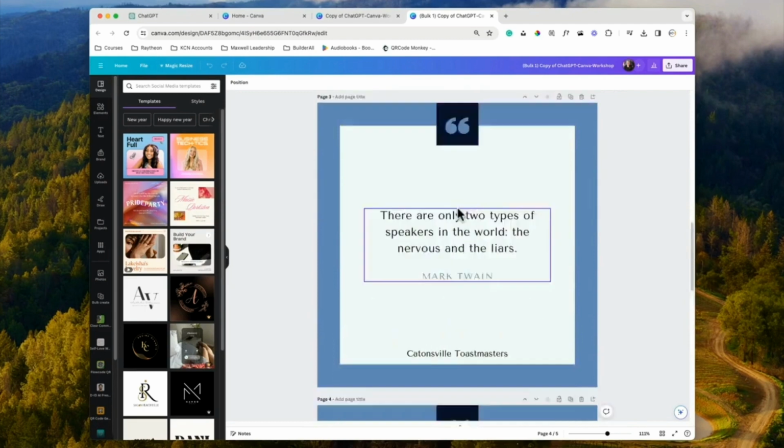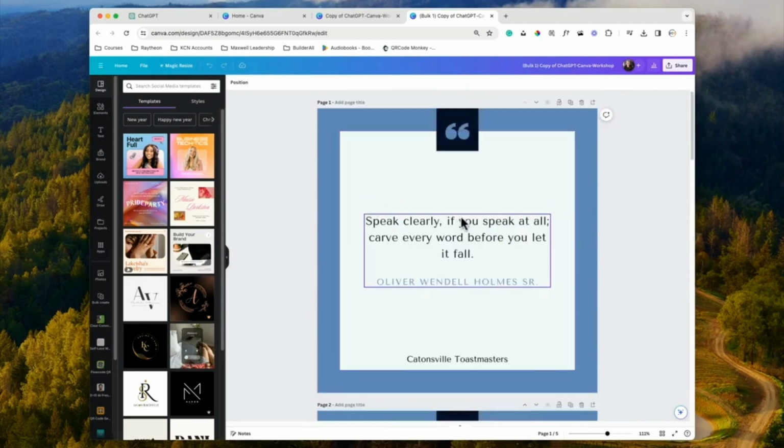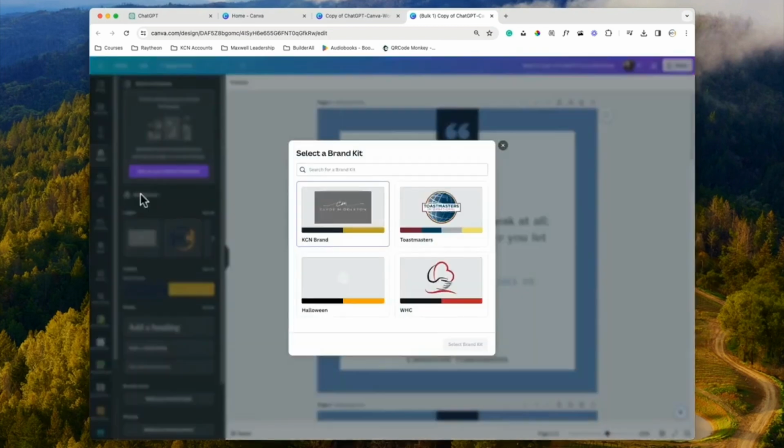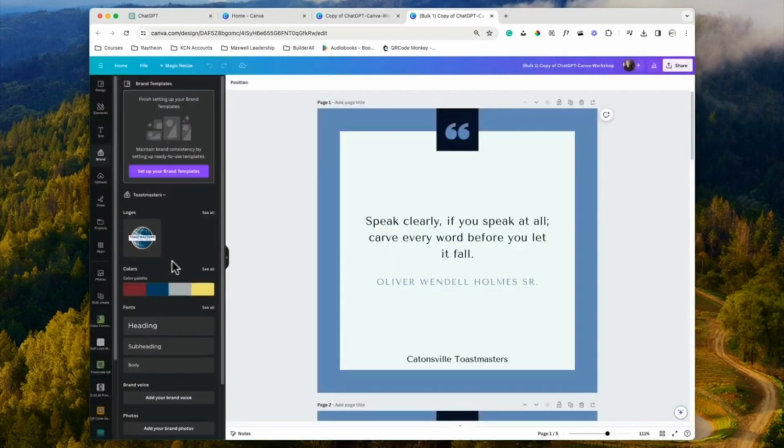But if you want to add a little bit more to it, underneath the Canva Pro, you can also have brands. And over here we have brands. And let me just bring them up where you can see them all. You can see I have 4 of them. This one I can just get rid of eventually here. I've also added one for Toastmasters. And this is one where I've told it what my colors are, which you can get from the brand manual. I've uploaded the logo so it knows what it looks like. I've also set the text to the fonts that were in the brand manual of Toastmasters.